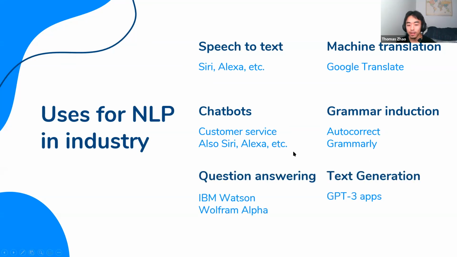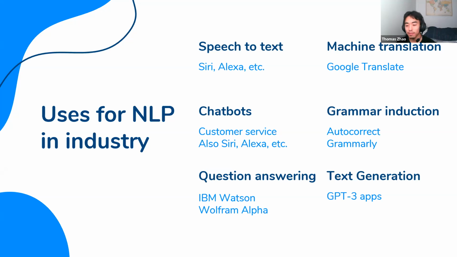There are also a lot of cool applications, like, for example, speech to text. This Zoom application has this transcription feature, and it's a hard task converting audio to language, and you need a bit of natural language processing to understand where to place words into a sentence. And that's also used in things like Siri and Alexa. We also have machine translation, as Kavan mentioned. Big use, chatbots, grammar induction. If you ever use autocorrect, or there's an extension called Grammarly, this is all powered by natural language processing.